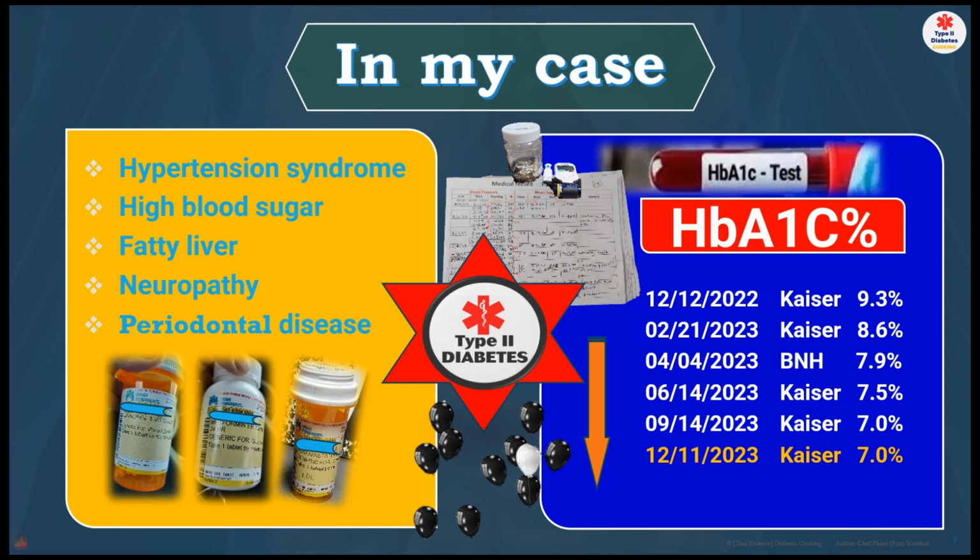So then they tried to give me three different kinds of pills for hypertension syndrome, high blood sugar, or high blood pressure: metformin, lisinopril, and a statin. I argued with them about the statin because my cholesterol is not that high, just slightly above the range. They tried one pill, and then I said no, I'm not taking it. It's too strong for me.